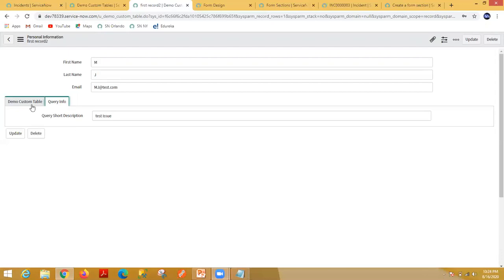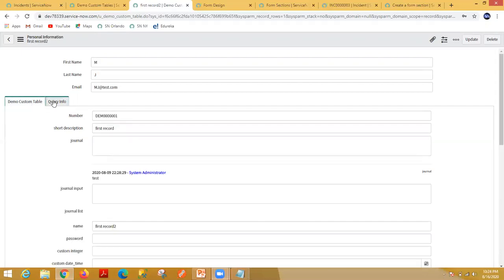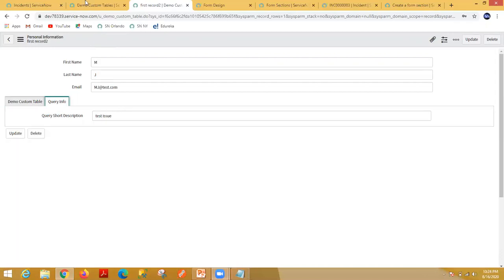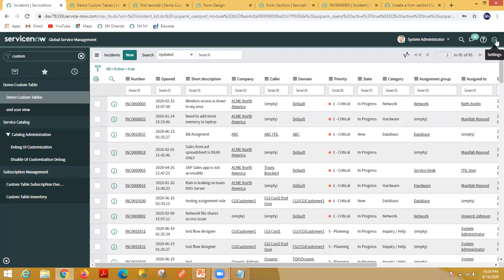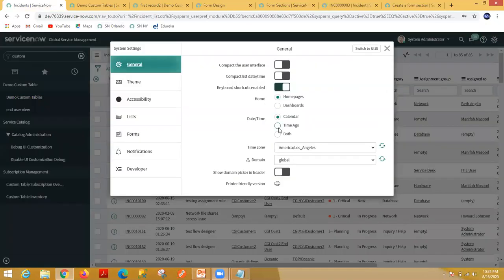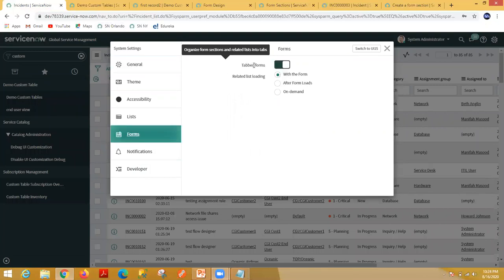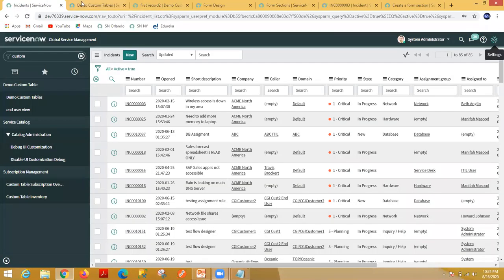Okay, so now here you can see there is one setting available. Like in the form, you are seeing the sections in a tabbed manner, right? This is tabbed manner. This is one tab, this is the second tab. Okay, so there is one setting available. See here, this is the gear icon. Okay, just click on this, and under this form, there is form options. Okay, you can see it is showing in tabbed manner because this tabbed form option is selected. If you uncheck this, okay, so here you will see,